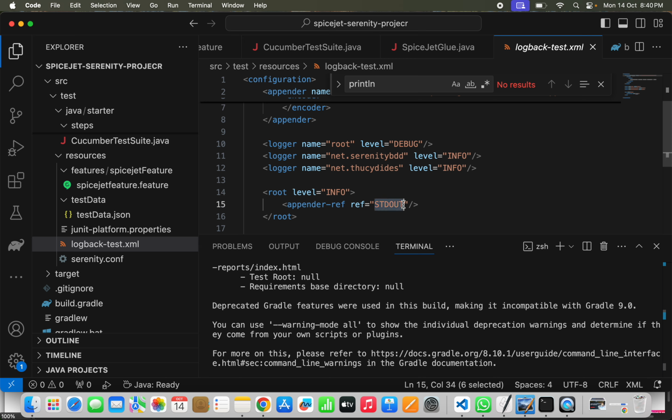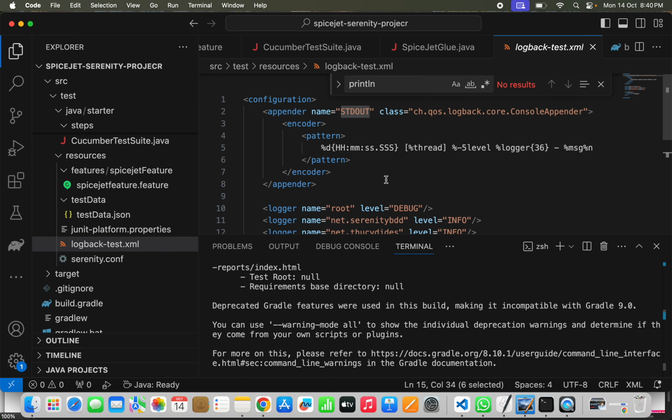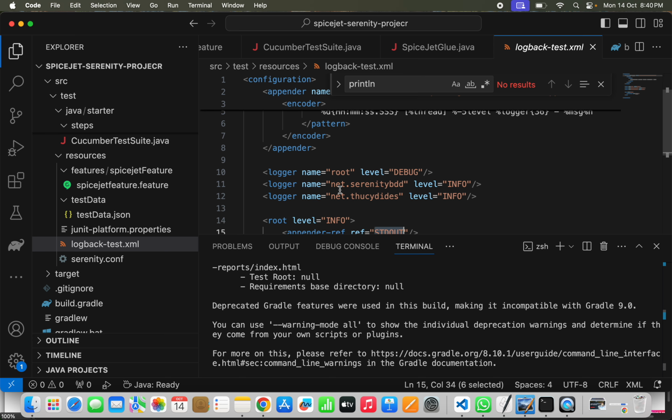Appender. logback core, console appender. Actually problem is